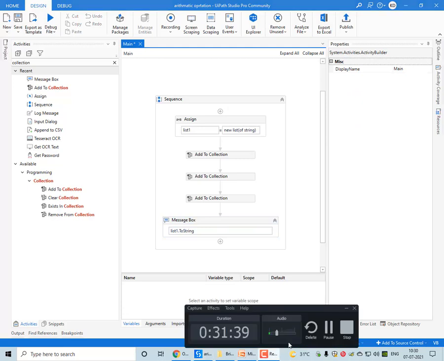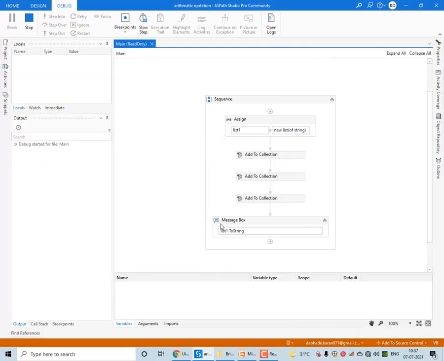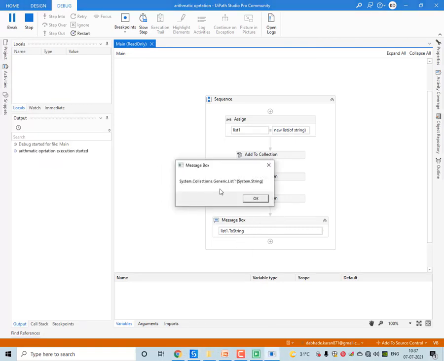This is one of the methods we can use to check whether it can read the values. So let me show you. It will not display the values inside it, but it will display the location, like System.Collections list and whatever value was passed in the collection.